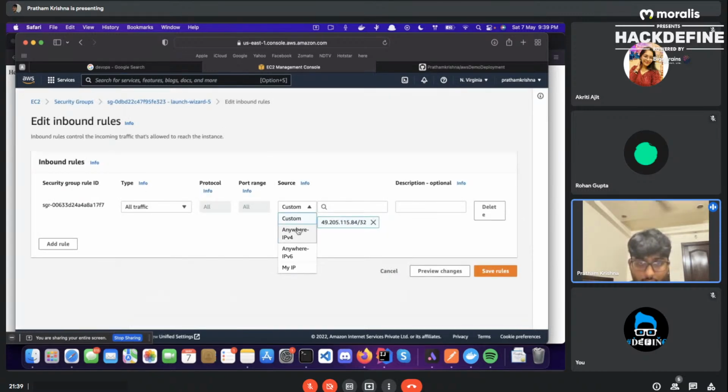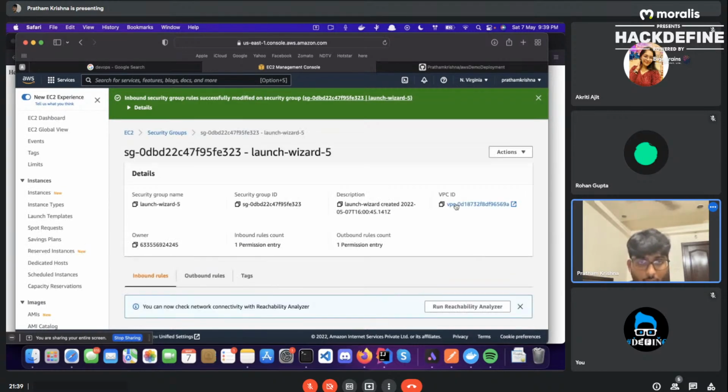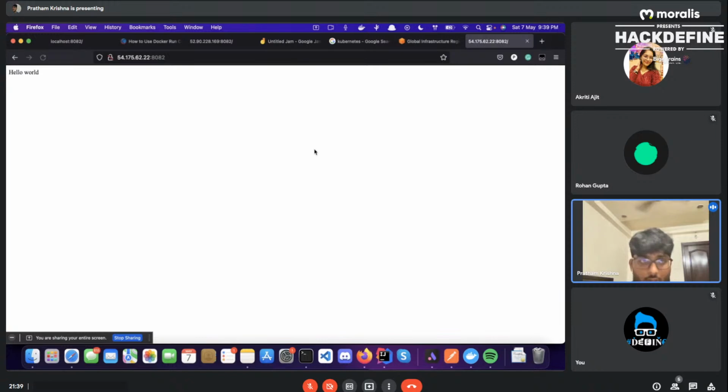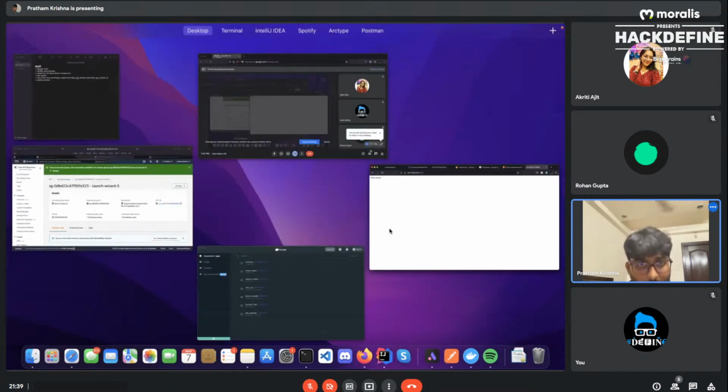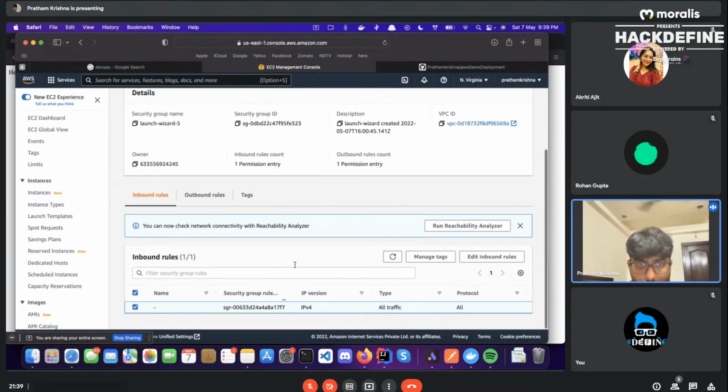If we change it to anywhere IPv4 and save, you will still be able to access it over here. If anyone hits this IP address with this port number, they will also be able to access this hello world, which is being returned over here. So yeah, this is the EC2 instance.